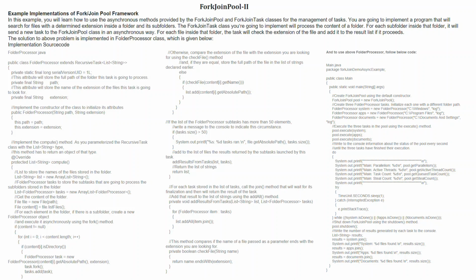For each subfolder inside that folder, it will send a new task to the fork join pool class in an asynchronous way. For each file inside that folder, the task will check the extension of the file and add it to the result list if it proceeds. The solution to the above problem is implemented in the folder processor class, which is given below. Implementation source code. See an example.